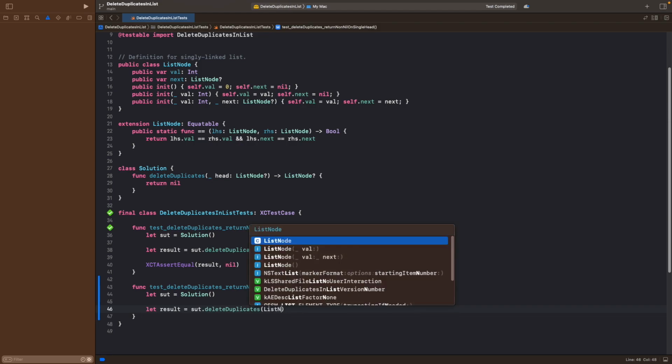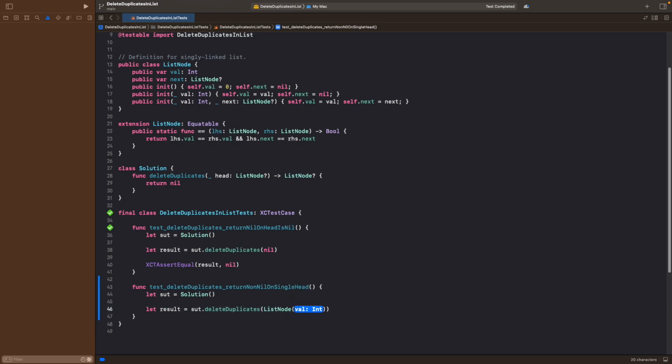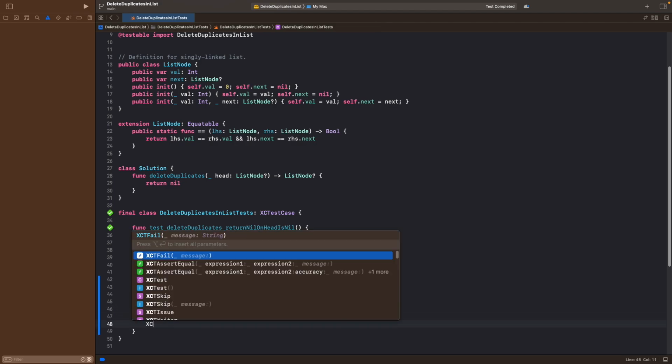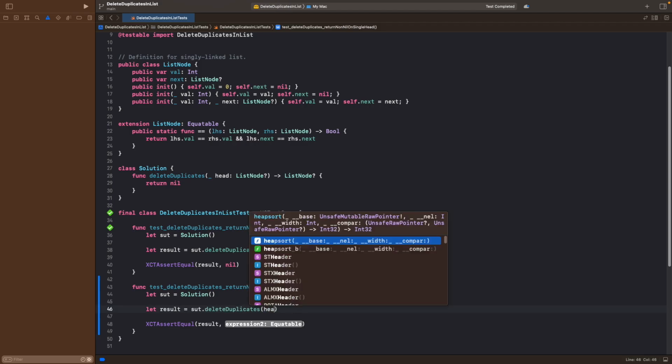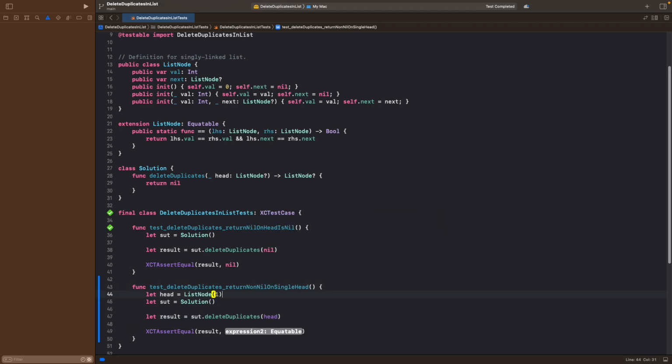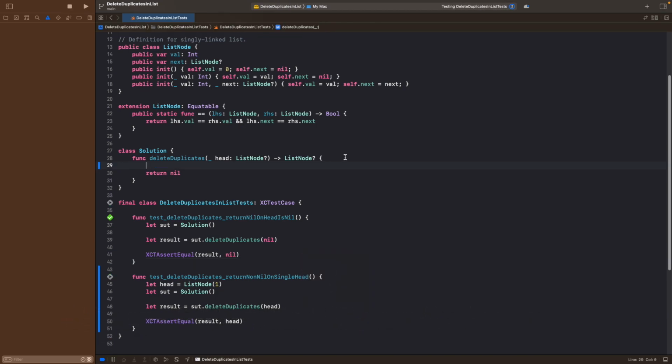node of the value here, and we are hoping that our assertion should be, the result should be the same value as this. But why don't we make a variable there? For example, head, this one, and we are hoping that the value should be this one because it's not duplicated anyway, so it should return that head. So let's run the test again and see we actually have a failing test over